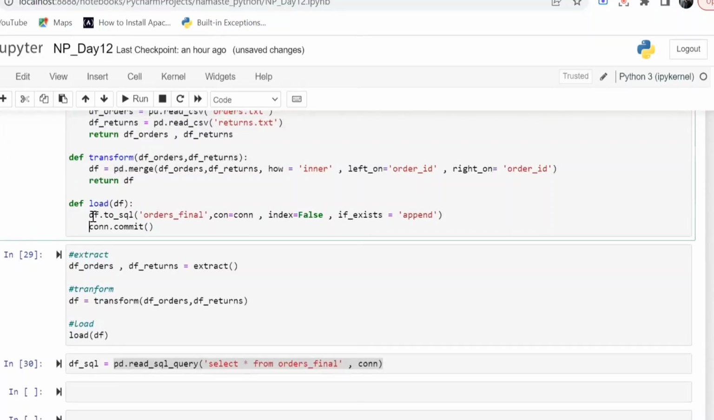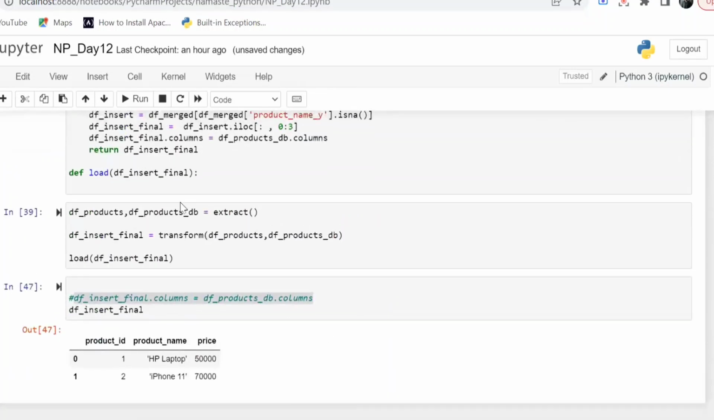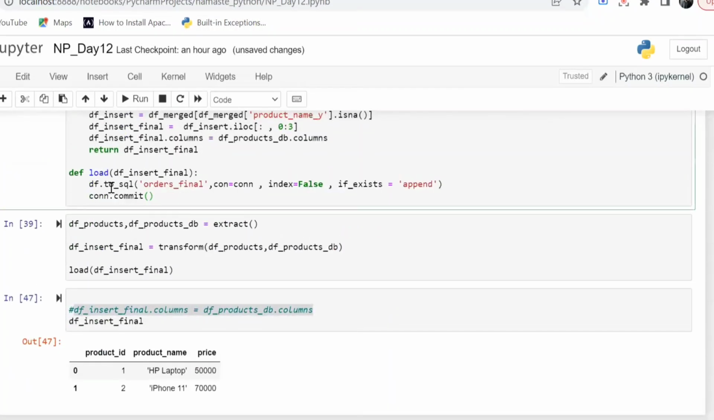So let's copy these two lines quickly. Okay, so I'm doing df.toSQL, and this is my data frame. My table name is products. Connection is connection. Index false. If exists, what do I want to do? Append or replace? Replace. Are you sure? Append. It should be append, right? Why replace? Every new product I want to keep inserting. Right? Okay. So let's run this